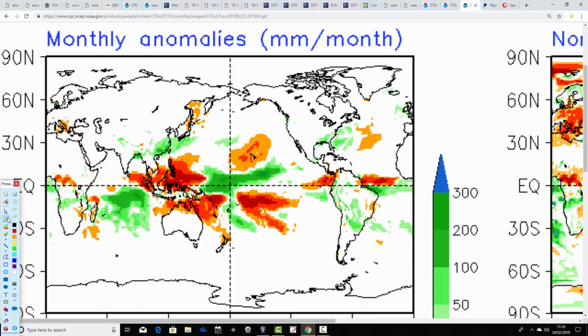Precipitation wise, it's not quite as unsettled as you might have expected, really, with that low pressure out to the west of us, but it is hinting at slightly above average rainfall for western parts of the UK and Ireland, nearer average with precipitation anomalies elsewhere. So it looks like a relatively mild but slightly unsettled month in March. Nothing overly unusual being shown there, but a rather westerly Atlantic-driven month,